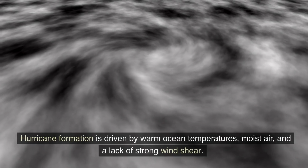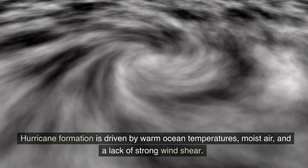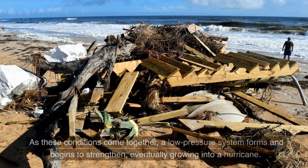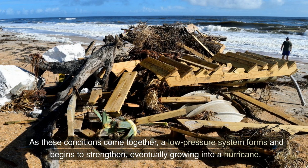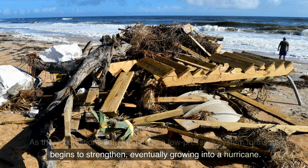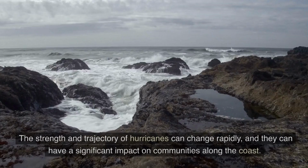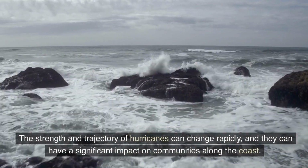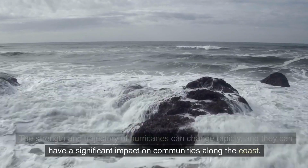Hurricane formation is driven by warm ocean temperatures, moist air, and a lack of strong wind shear. As these conditions come together, a low-pressure system forms and begins to strengthen, eventually growing into a hurricane. The strength and trajectory of hurricanes can change rapidly, and they can have a significant impact on communities along the